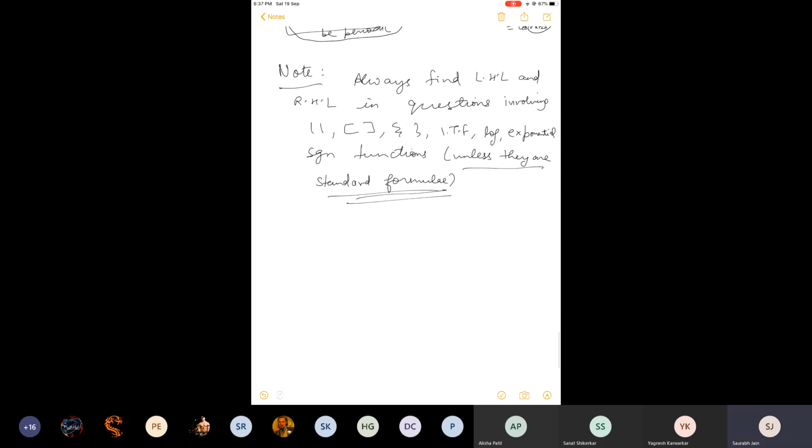Now we are going to learn some different methods of finding limits, the better and faster methods, because finding LHL, RHL every time is time consuming and boring. But boring does not mean that you go for shorter methods always. Please remember this note, this is very important. What are the faster methods? We discussed in the previous class how to evaluate limits. So first is factorization.